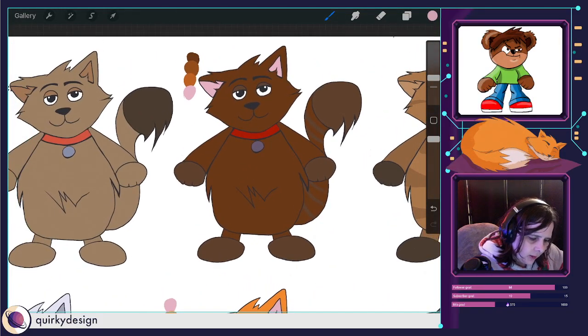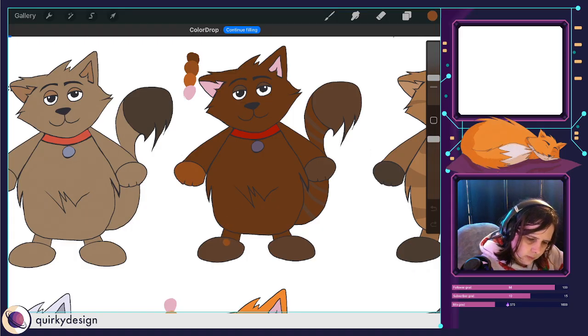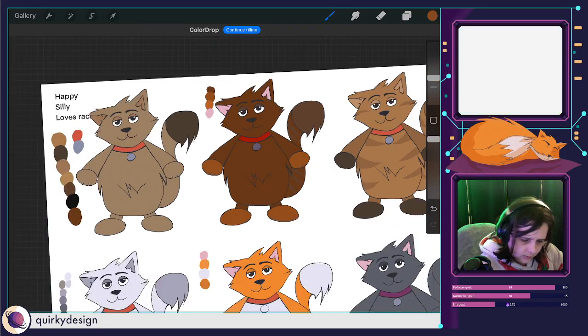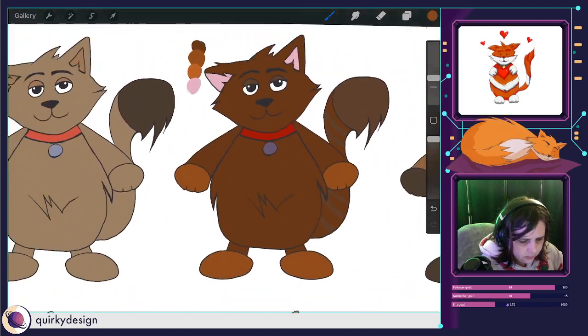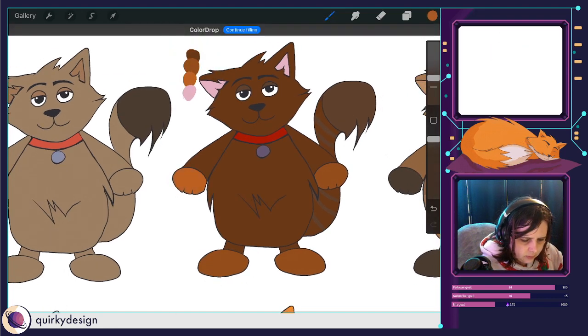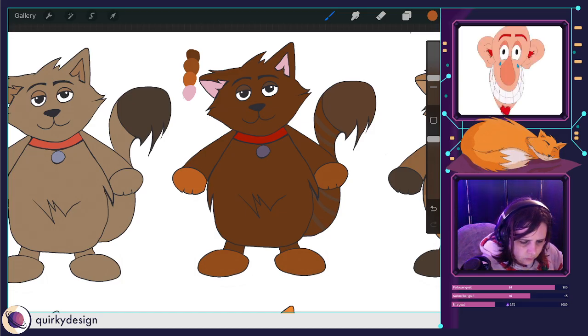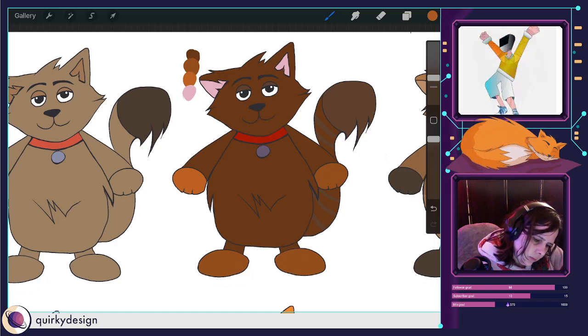Let's see if we use maybe that colour and we just do it just on the paws for now. Not sure about it.